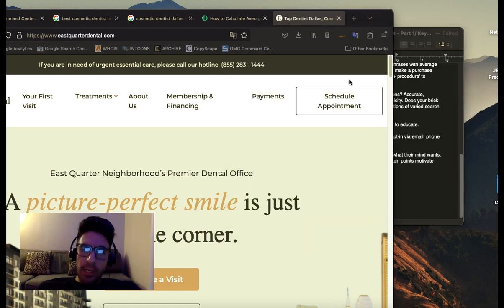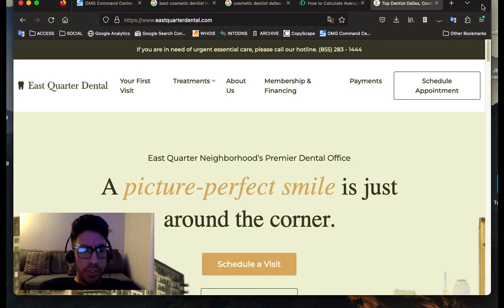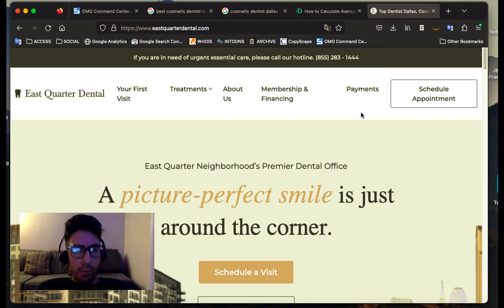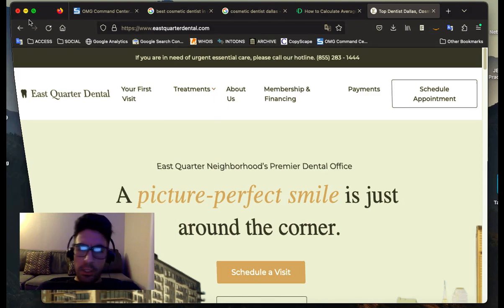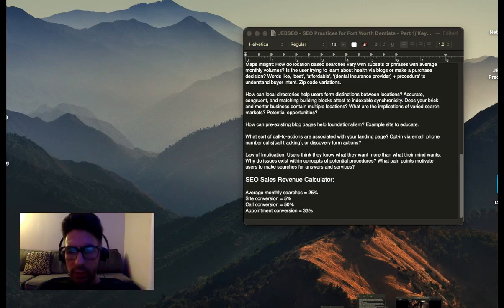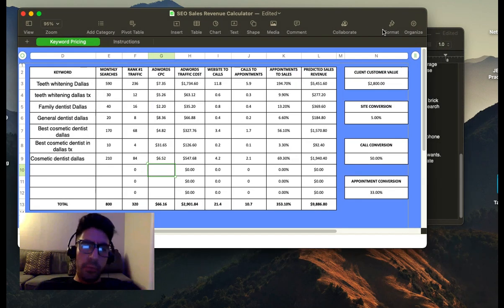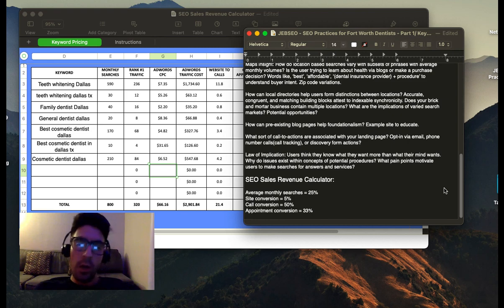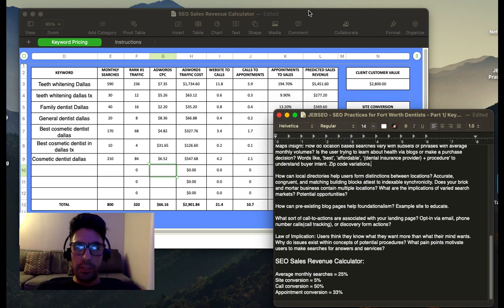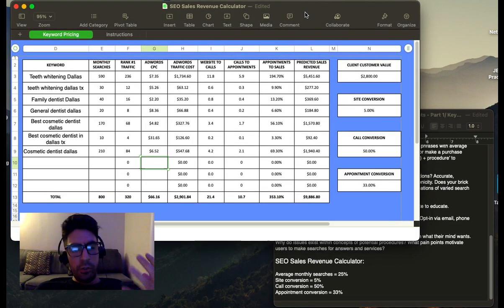So yeah, with that, that's pretty much a little bit of keyword research for my part 1 video for Fort Worth dentists who want to utilize SEO services. Lastly, I want to talk about the sales revenue calculators. You got keyword research, and really how can this SEO traffic convert into sales. I did a video on this in the past, but I really want to continue to build and layer up